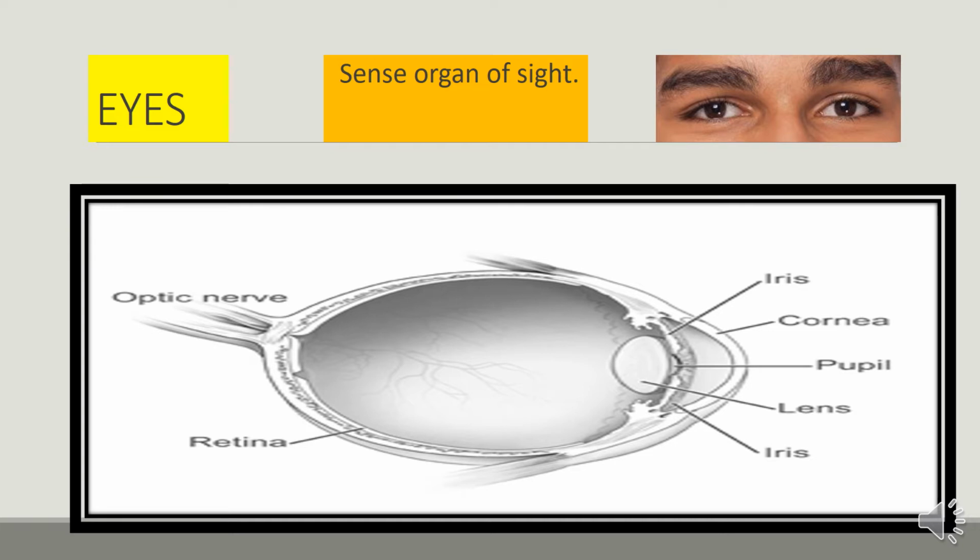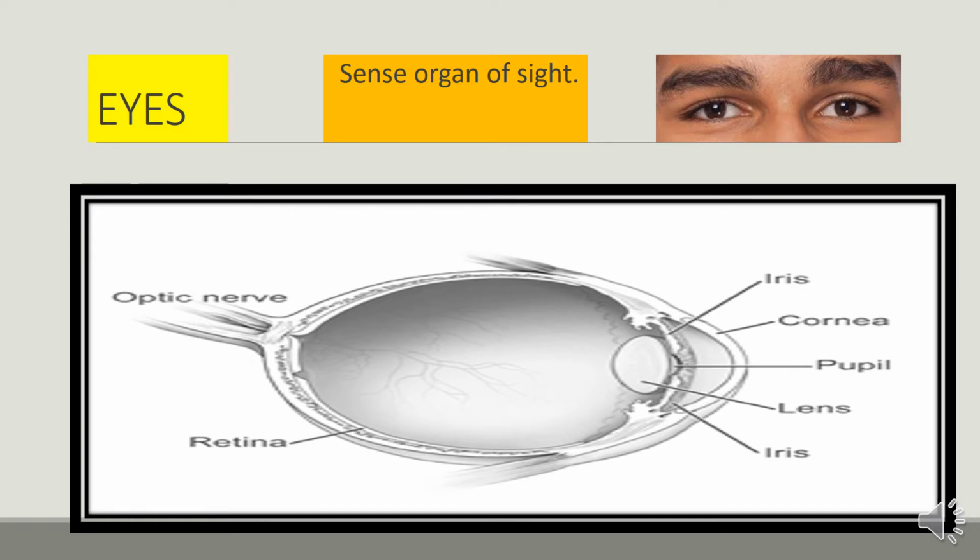The eyeball is protected from dust and dirt by the eye socket, eyelids and eyelashes. There is a circular transparent area called the cornea, which is present in the front portion of the eye. The black spot in the center of the eye, which we see, is called the pupil. You can see in the picture where the human being's eyes are shown.